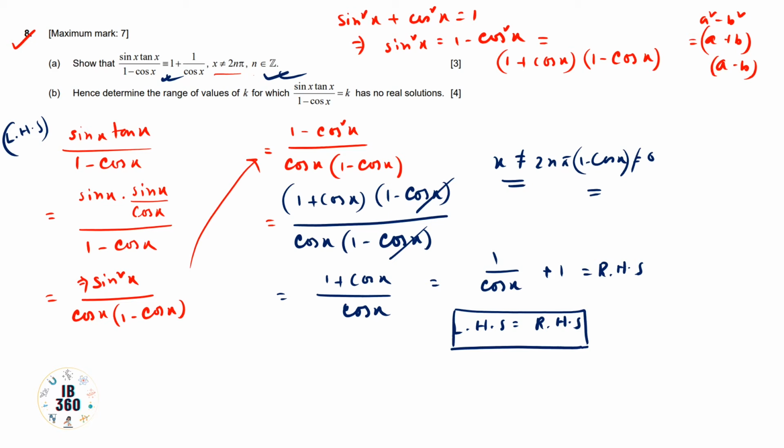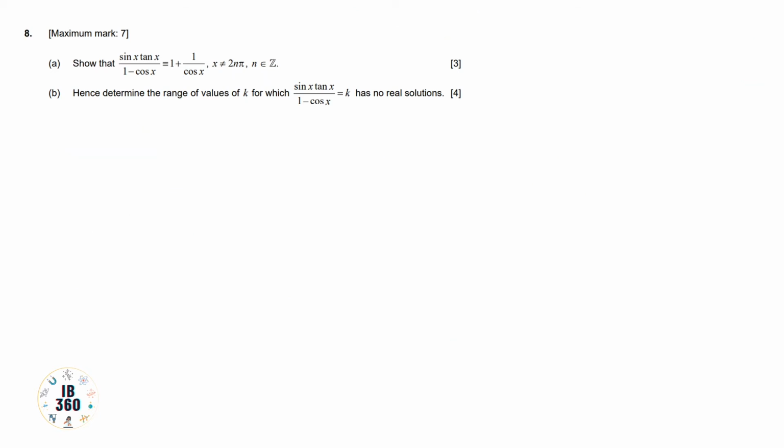Okay, now hence determine the range of values k for which this equation has no real solutions. Okay, so see the next slides for this. Here we have already proved that sin x tan x divided by 1 minus cos x equals 1 plus 1 by cos x, where x cannot be 2n pi. So from here we can get the thing like that, that is 1 plus 1 by cos x is equal